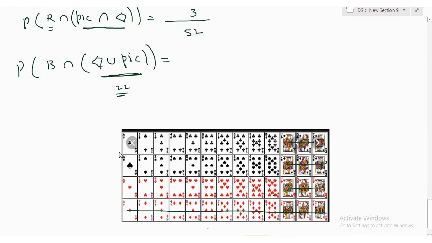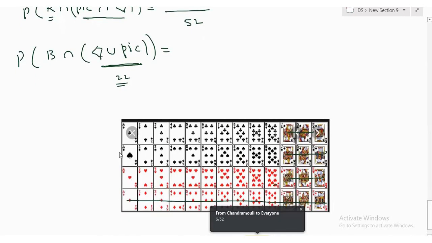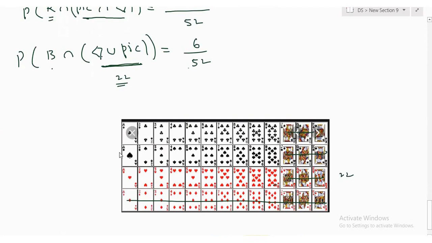Yes or no? Anyone having a question on this, friends, online? Okay. So total is 13 plus 9, 22. And intersection with black cards. How many are there in this black card? 9, right? Oh, sorry, 6. 1, 2, 3, 4, 5, 6, right? Any questions?